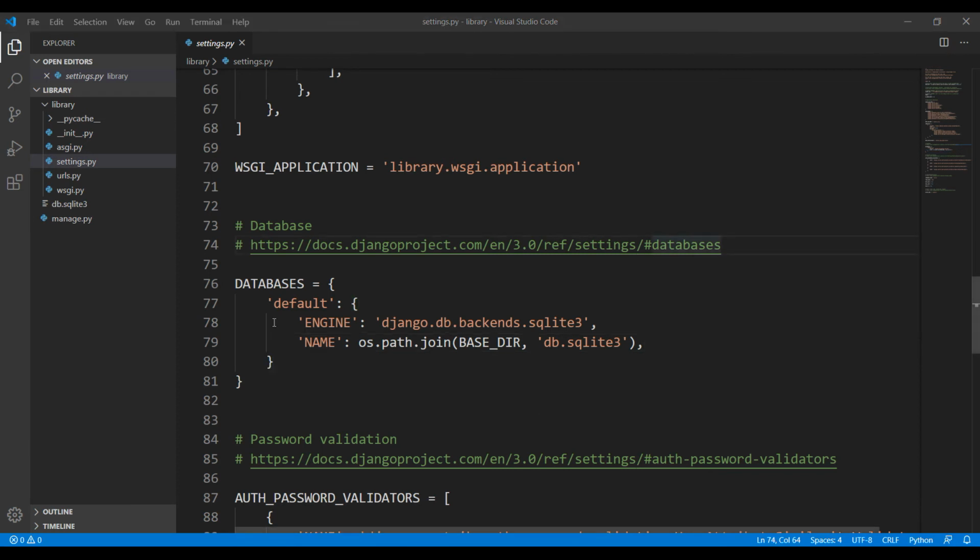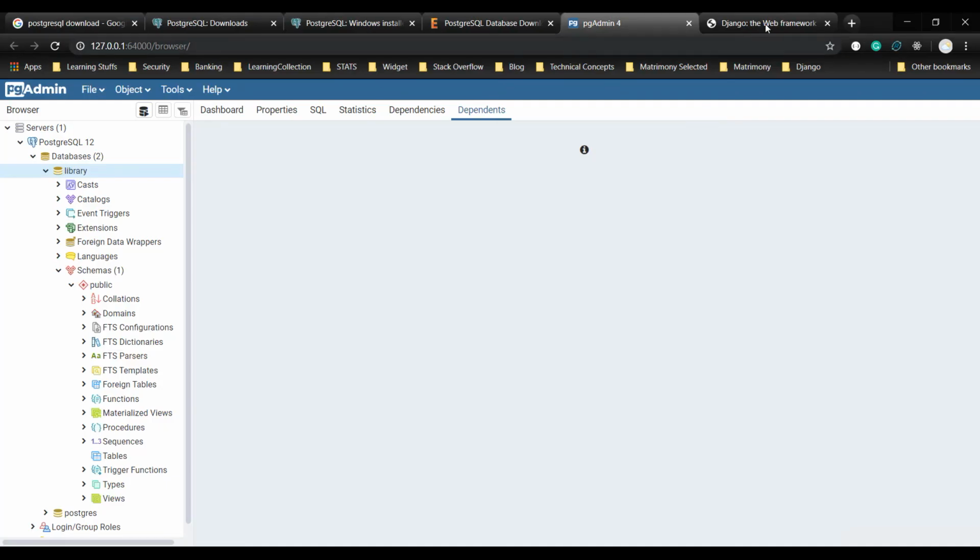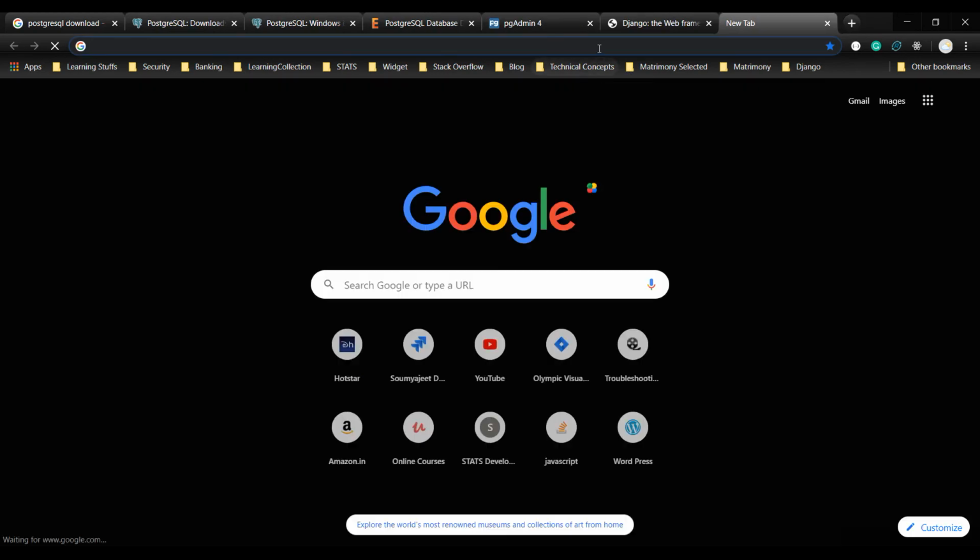So here in this database section, we have to change the settings to point it to our new database. For that we will visit this link. It tells us how to add this database information so that we can point it to our Postgres database.